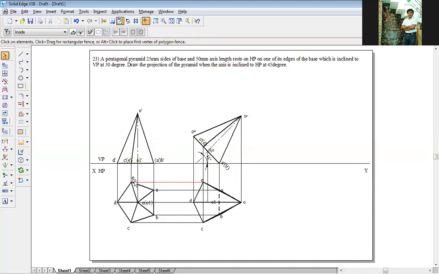Similarly, between C and E points I have put E in the bracket because the E point is very close to the XY line and the C point is far away from the XY line. When I see from the front, C is far away from the XY line compared to E. So you need to understand whichever is close to the XY line, you have to put it in the bracket. By putting it in the bracket, you are trying to tell it is not visible.